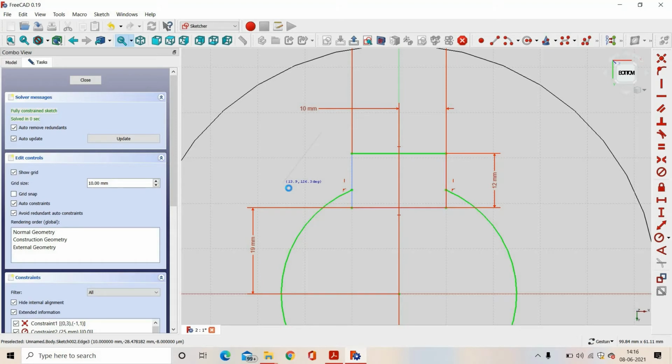So this is the line, these 2 points coincide. Similarly, these 2 points coincide.